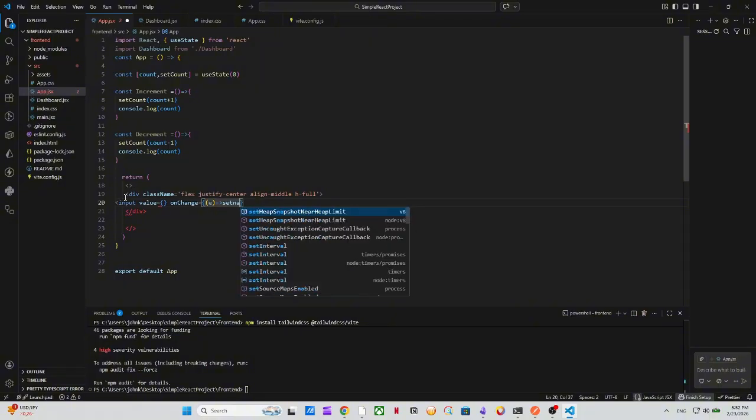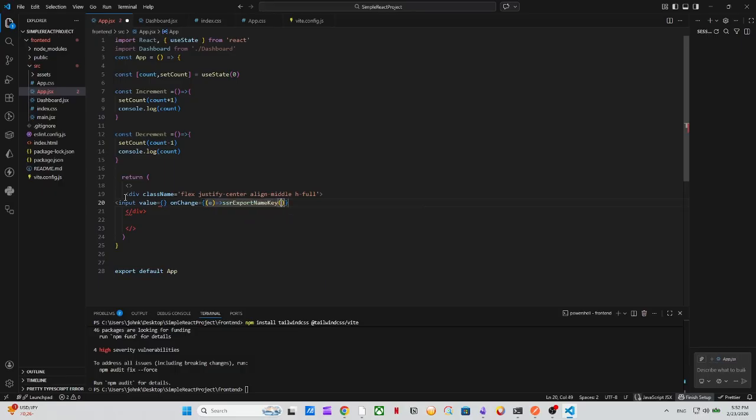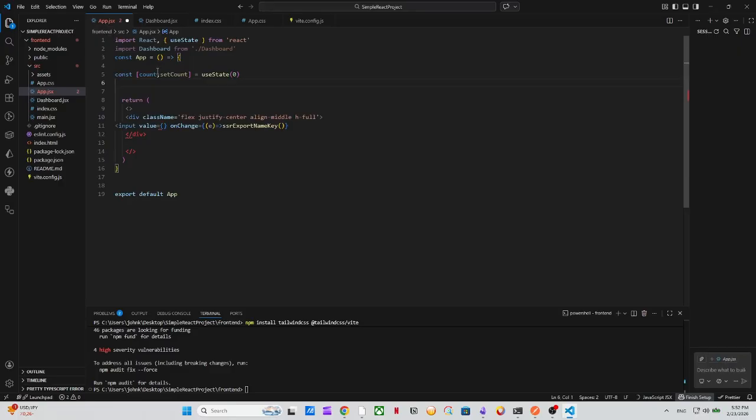Okay, we can just make it name because I'm going to change actually the entire thing here. I'm going to use something else, name, and set name here. Name, this is a string, so I'm just going to use it this way, and I'm going to change this one, make it set name, and I'm going to type e.target.value,